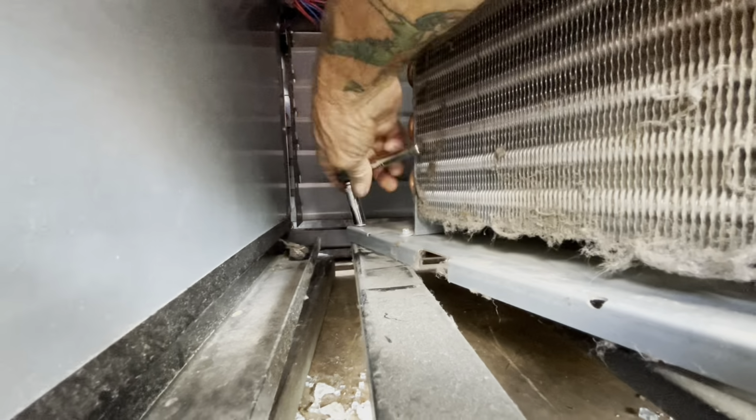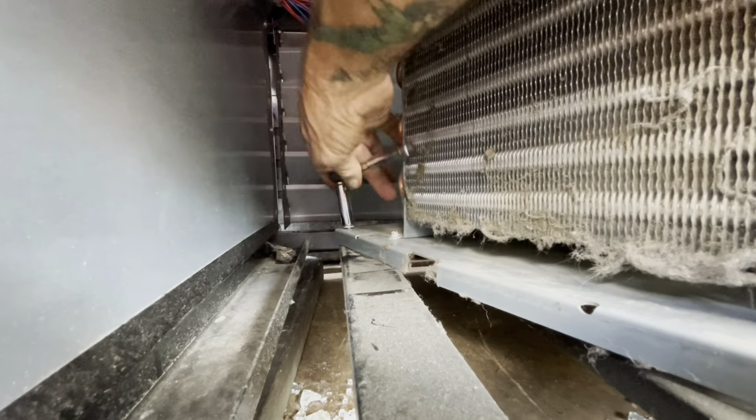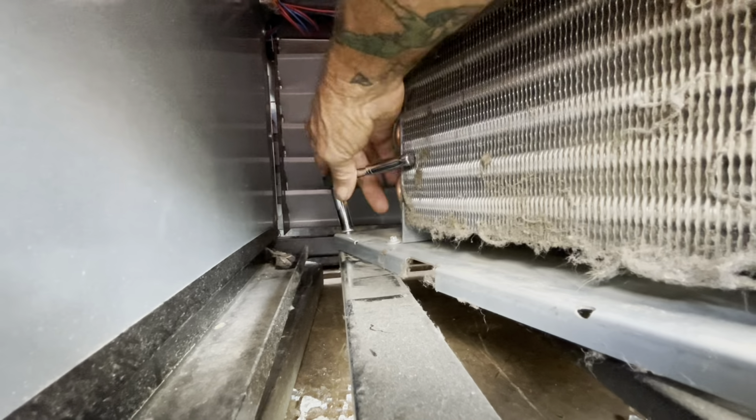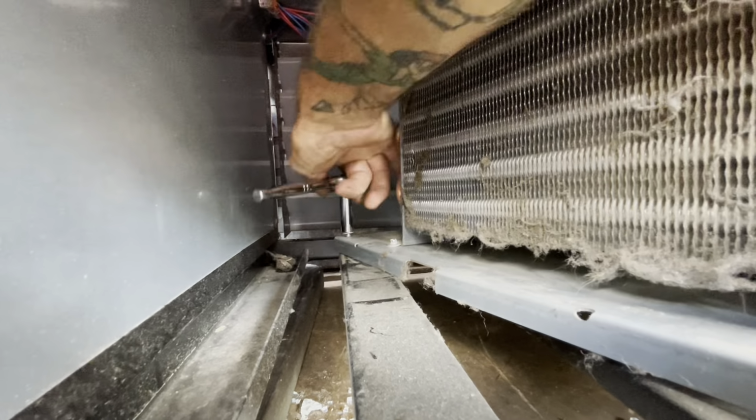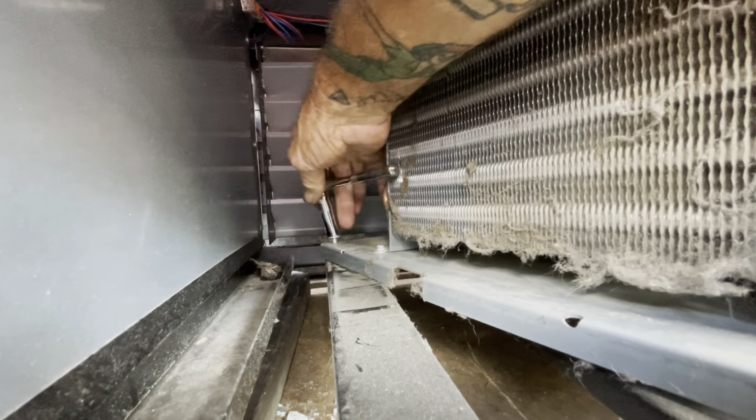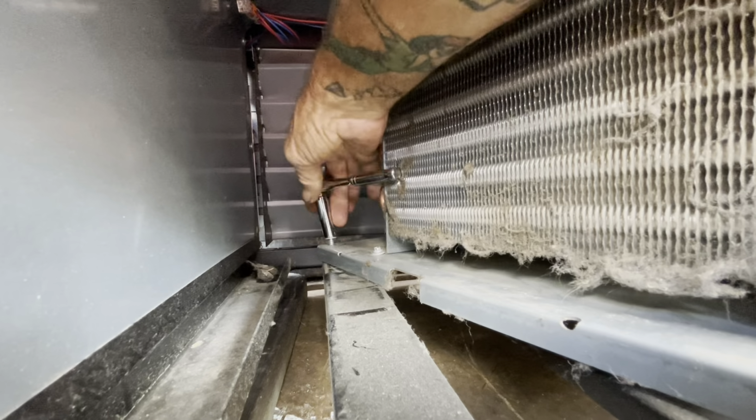This thing's just hooked to the frame by that one last bolt. I took it apart. There was a clip on the front. I thought just take the clip off and the whole thing would pop out of there, but not the case. It was this one right here, so